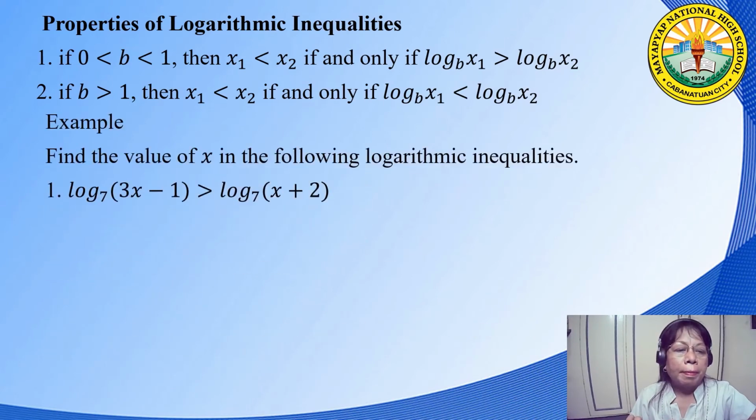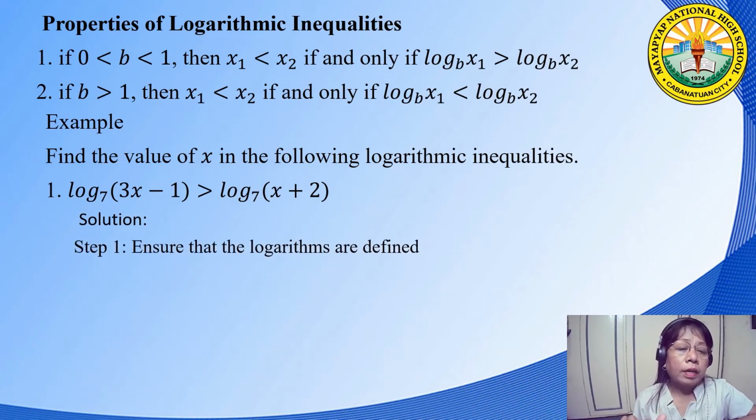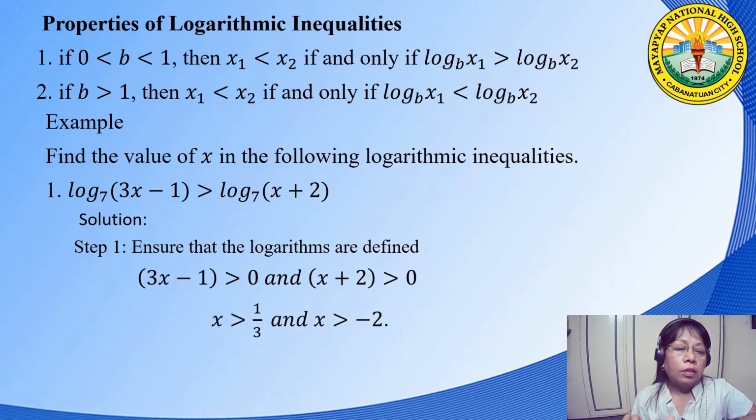Let's have an example. Find the value of x in the following logarithmic inequalities. 1. Logarithm of quantity 3x minus 1 to the base 7 is greater than logarithm of quantity x plus 2 to the base 7. For step 1, you ensure that the logarithms are defined. So since they are the same bases, applying the one-to-one property of inequality, we have quantity 3x minus 1 greater than 0 and quantity